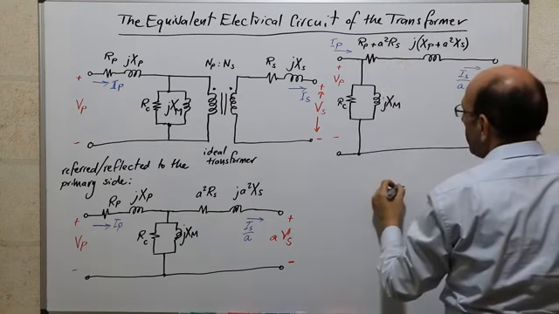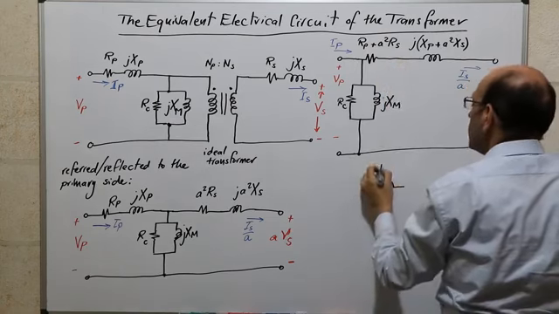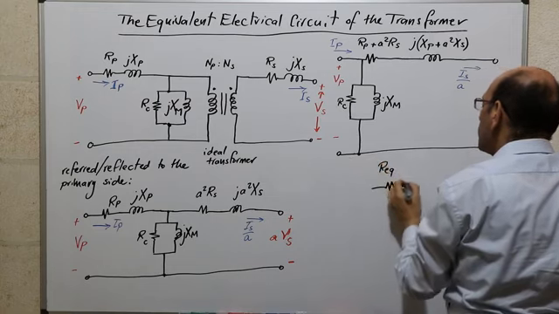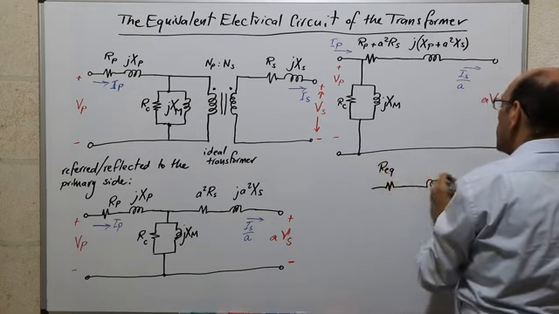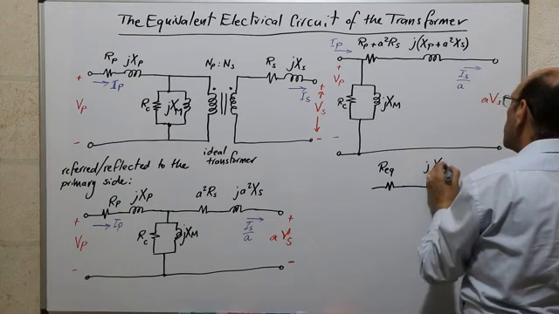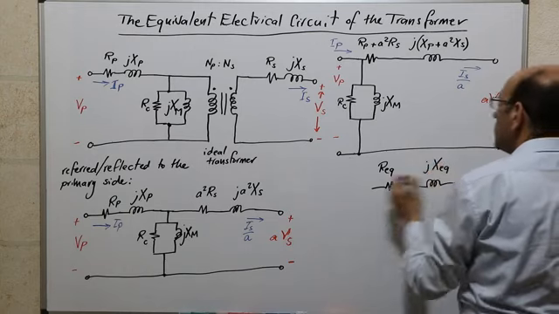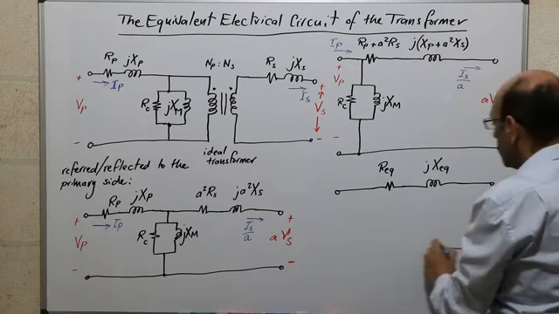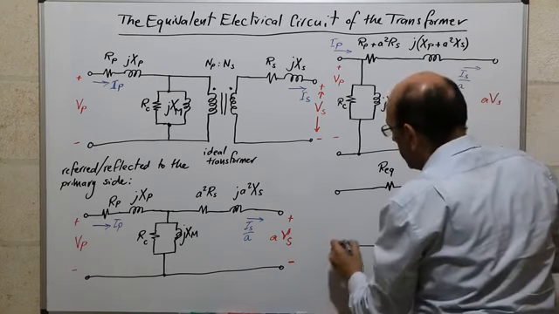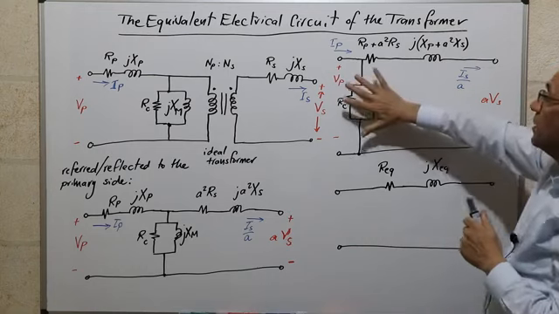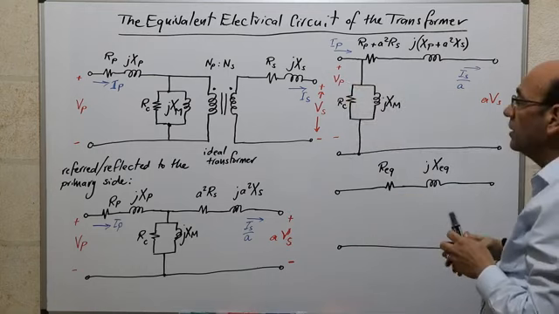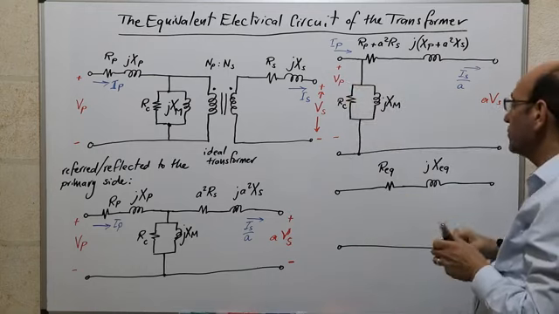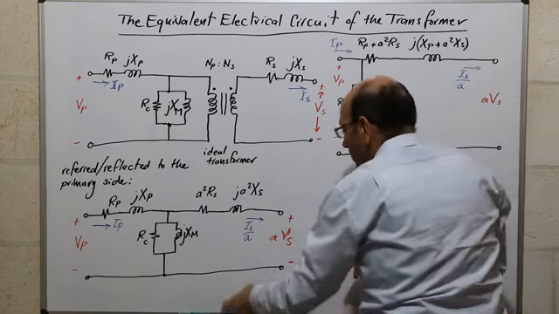So we could take this to this stage and just say R equivalent, and we use the term X equivalent. And we do away completely with this part. So this is the last stage of simplification, and we end up as well with